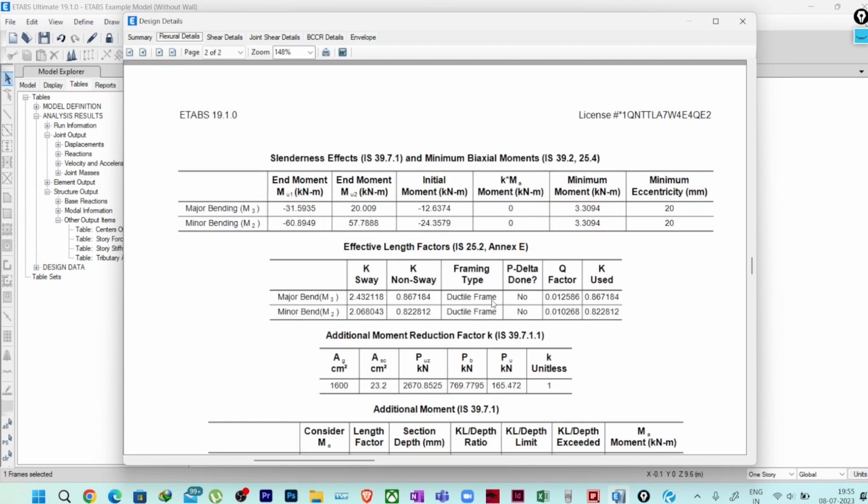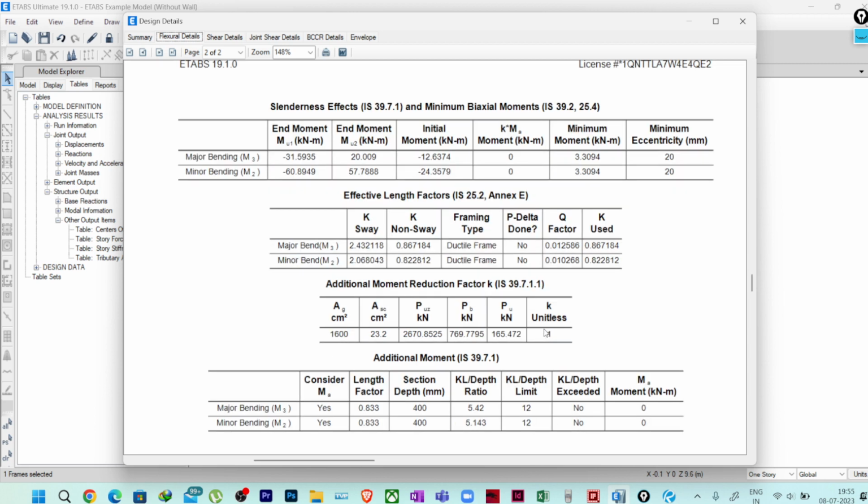So it is the framing type, ductile frame, because if you are choosing ductile frame, then only it will calculate the Q factor. Both K sway and K no sway are calculated. But if I just focus on this major bending and look at the Q factor, the Q factor that the software is calculating is around